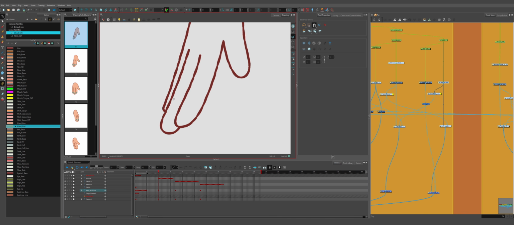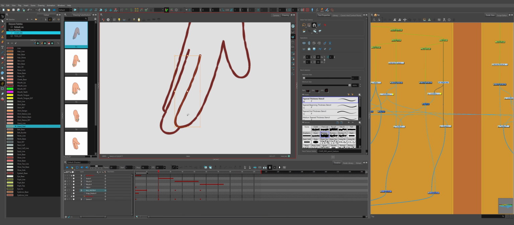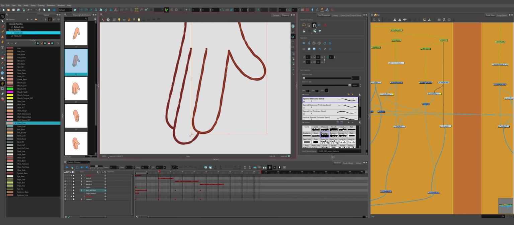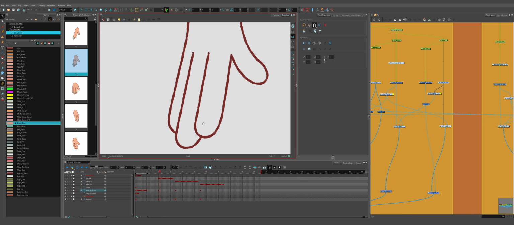With that done, we're going to now have to go in and change the color of anything inside of the hand. So this line, we're going to have to change the color of that to the hand line color. If you're lucky and they're separated like this, you can just select it, find the color, and then fill it in. But if you have something like this, where it continues past that line,